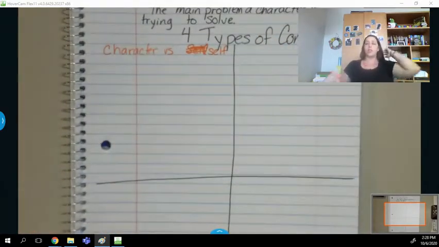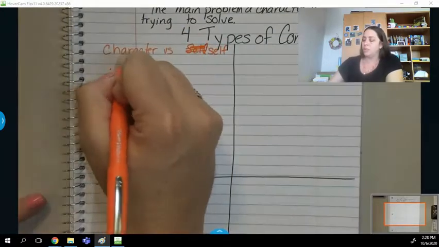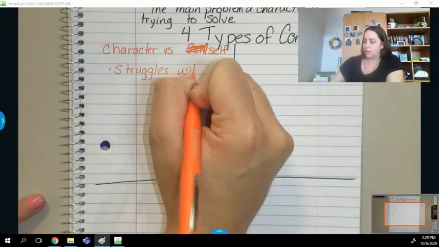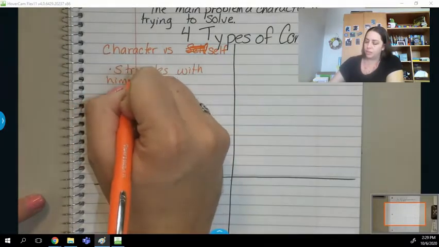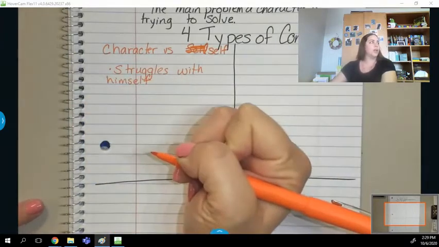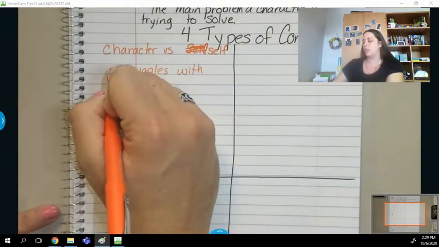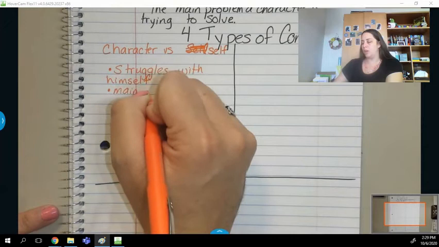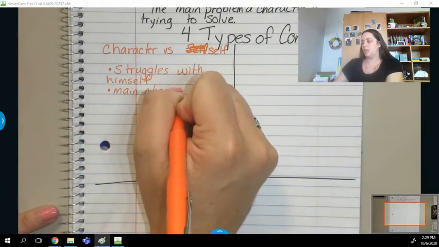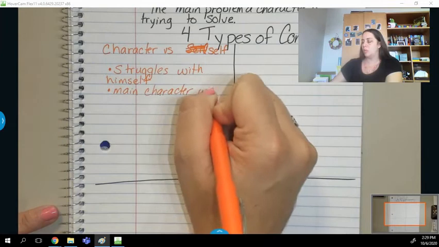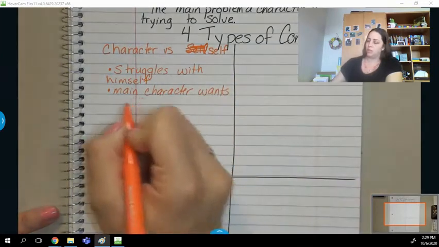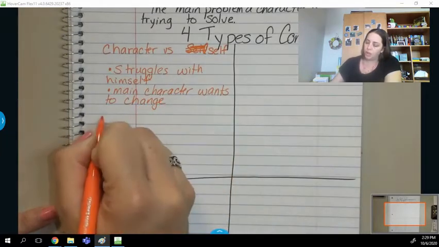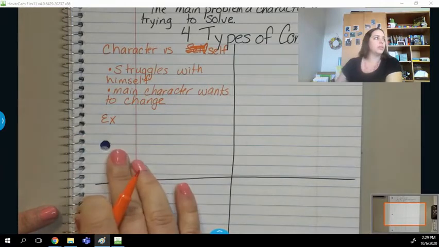So this is when the main character starts feeling struggles with himself or herself. It doesn't have to be just a him. And they want to change in some ways. The main character wants to change, but they're not sometimes quite sure how. So main character wants to change. All right, and we're going to leave a blank spot right here for examples,